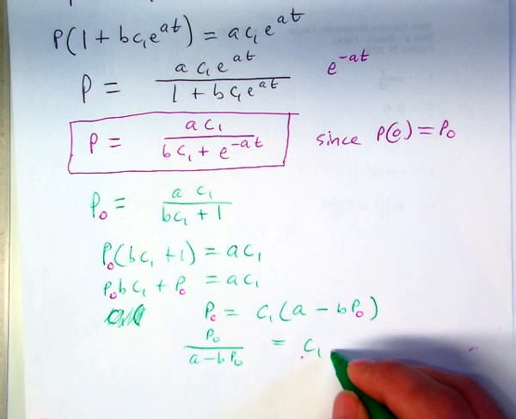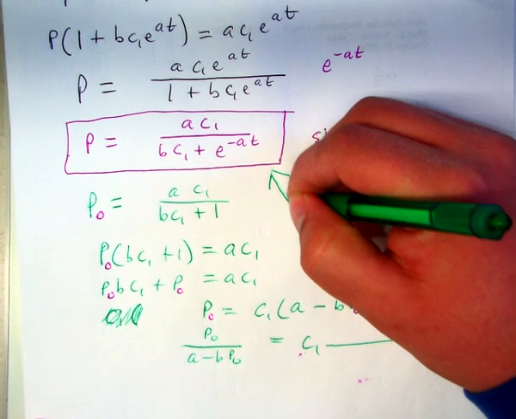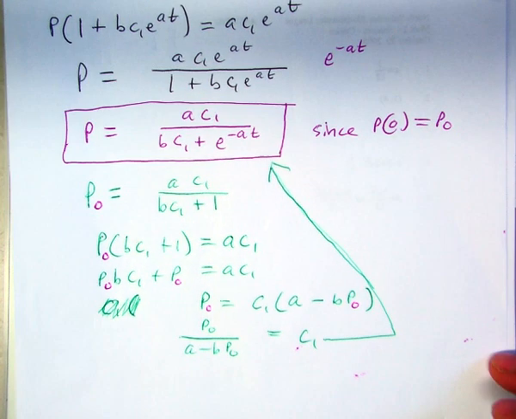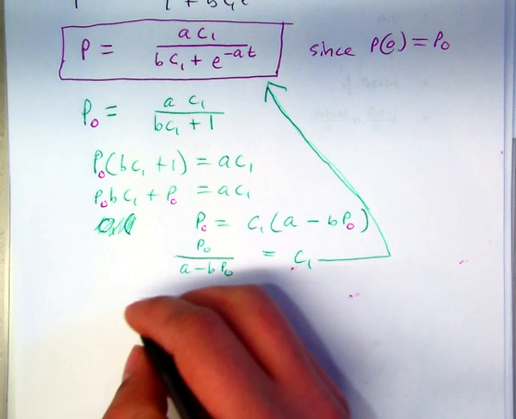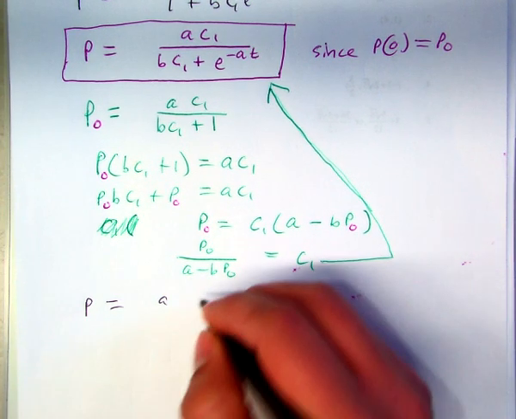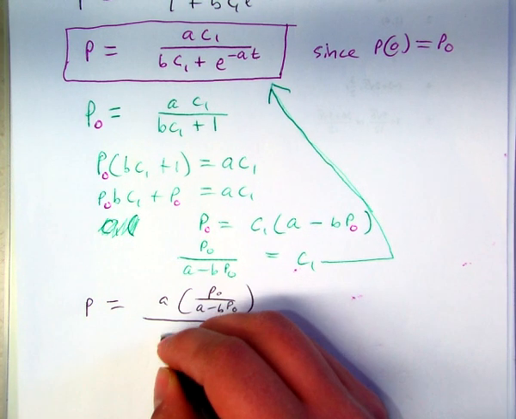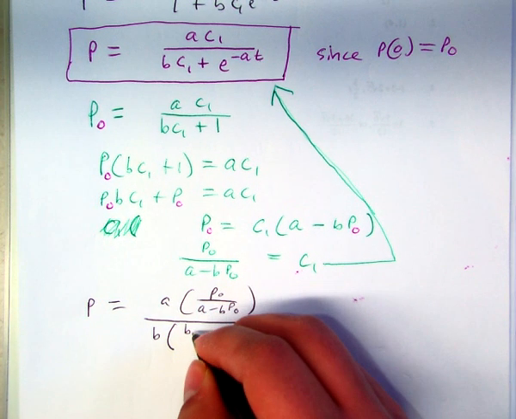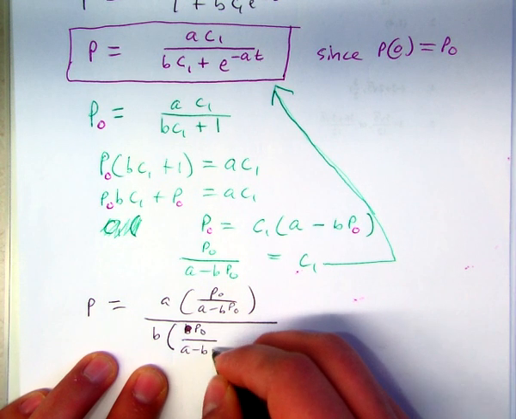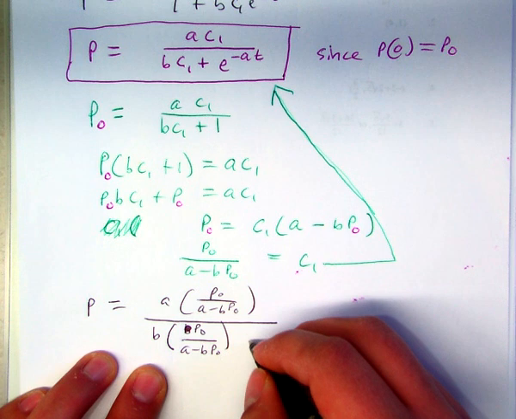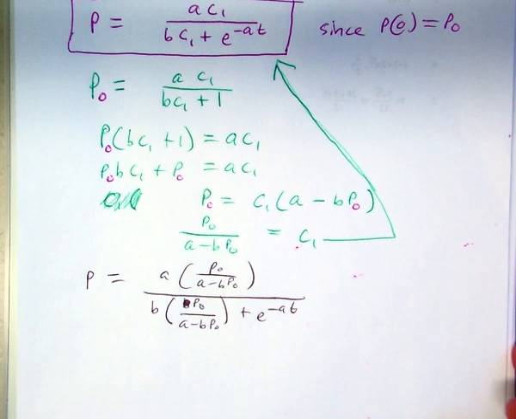Okay, now what we're going to do is take our constant, plug it into our solution, and go from there. So, let's see. Now we get the population will be A times C1, so P naught over A minus B P naught over BC1, so B times P naught over A minus B P naught plus e to the minus AT, and